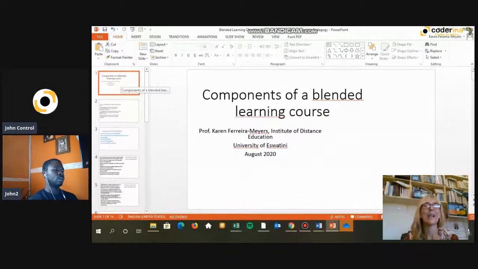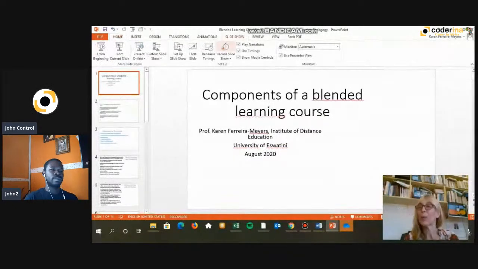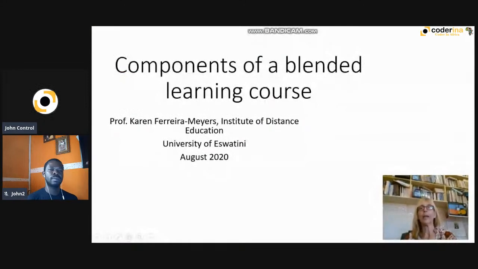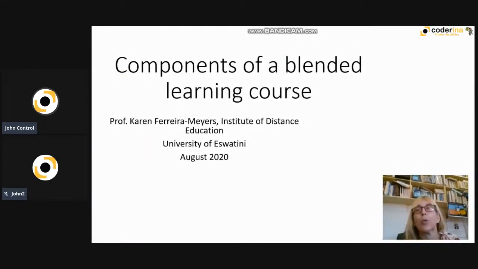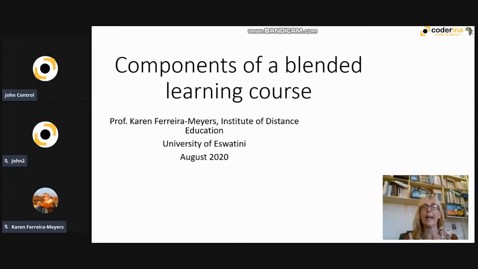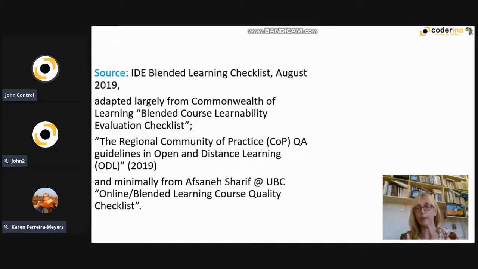Once again, for this last session, today I'd like to talk to you about the various components of a blended learning course. Since you are going to set up your own course, it would be good to have some form of checklist. The checklist I'm using is the one that we have developed at the Institute of Distance Education here in Eswatini. But it is adapted largely from the Commonwealth of Learning blended course learnability evaluation checklist,